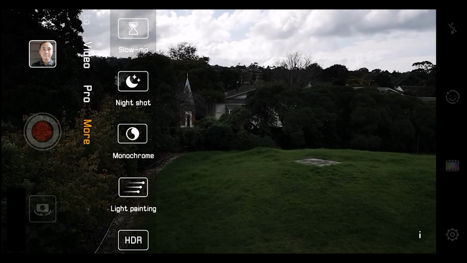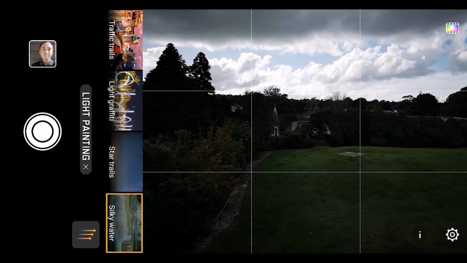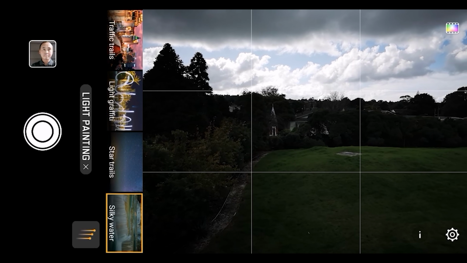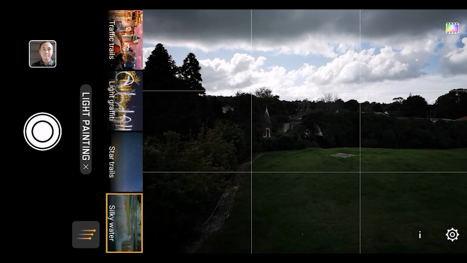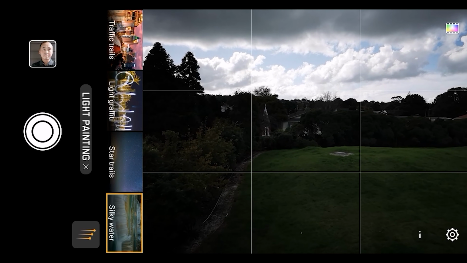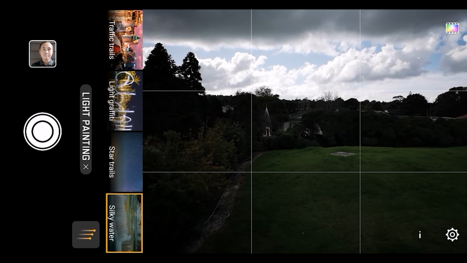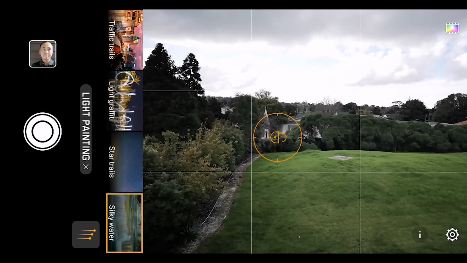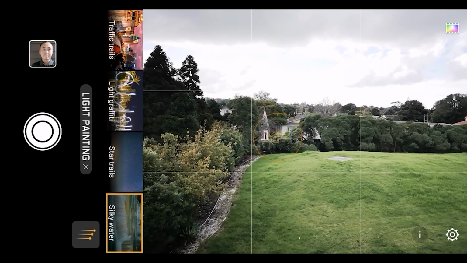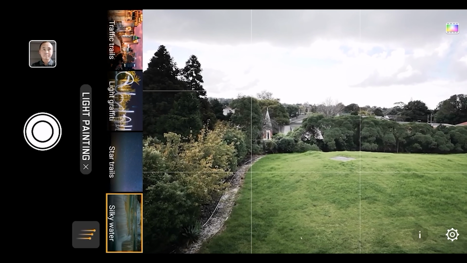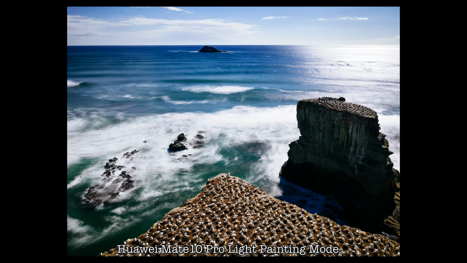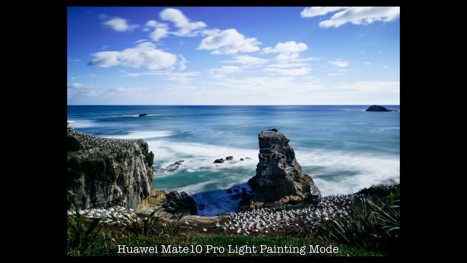And let's talk about the light painting mode. This one is probably one of my favorites in the Huawei camera app. To use this mode, you have to put your camera on a tripod or something very steady, because basically it would take a long exposure shot, or I should say more correctly, it would take hundreds or thousands of photos within the time period, and then blend them together using one of the options you want.